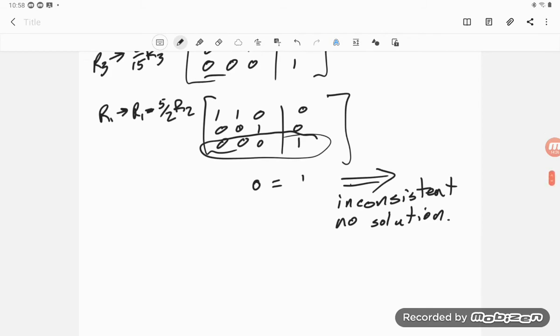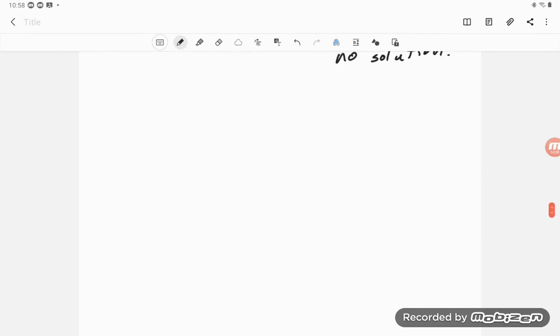Okay, so there's an example of using these. Now let's continue. Let's take a look at another example. So this is from 1.4. This is example 1.4.1. And they're saying we have x plus y is equal to